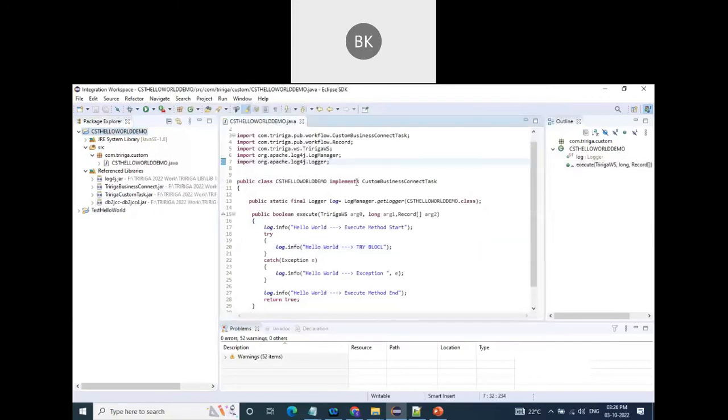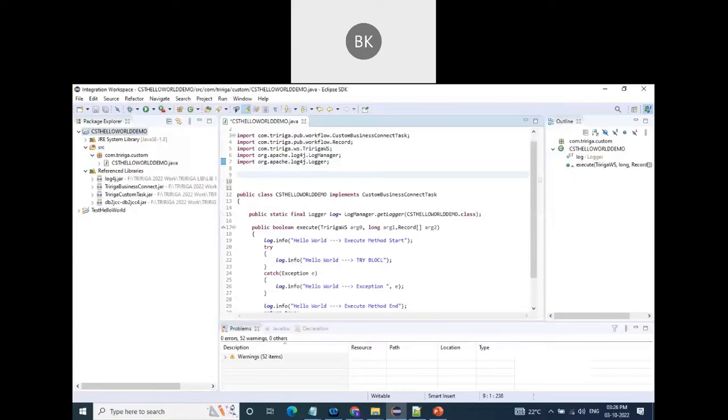Okay. So in the second step, we try to import all the classes which are useful to connect to the database. So I'll import connection, statement, and result set. These are the classes from the reference jar. Okay. So to import that, we'll use java